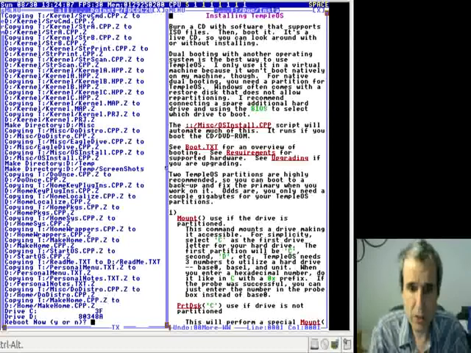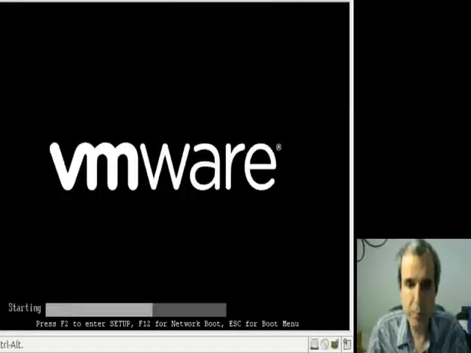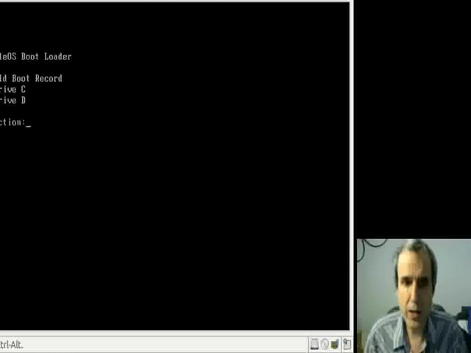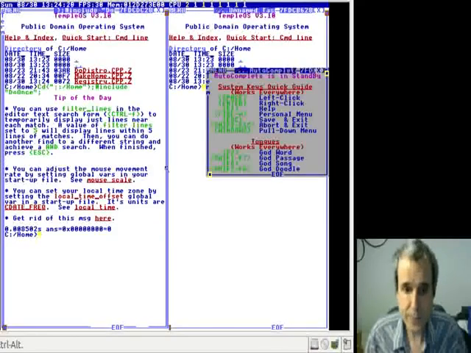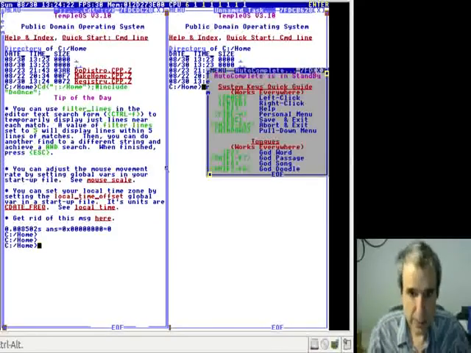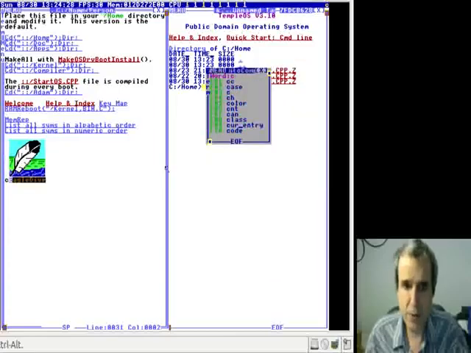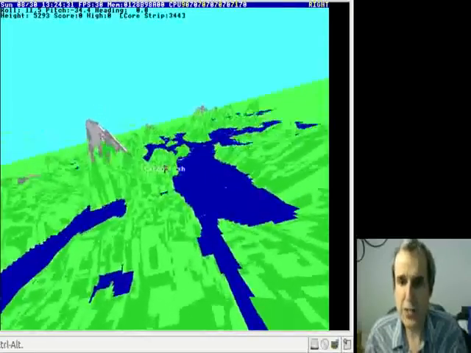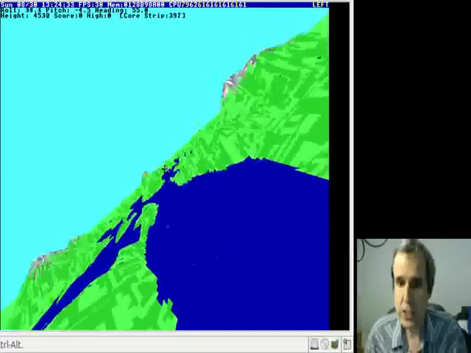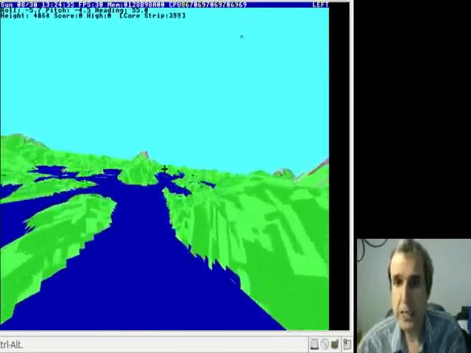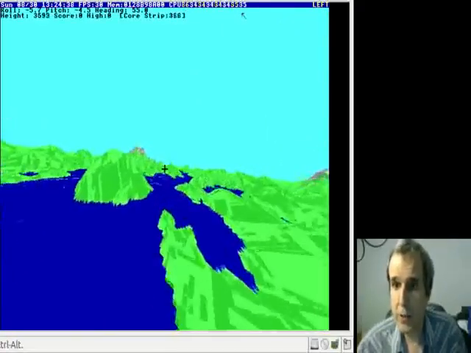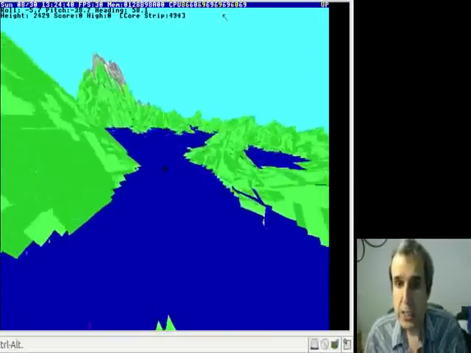Okay, so it just installed onto the C and the D. Now we're going to reboot. This is my bootloader. This replaces Grub. I made my own. So we want the C drive 1. Okay, so this is the tiny distro. So there's only one application as a demo. This is an 8-core flight simulator. Eagle dive, you're supposed to dive for fish. The 8 cores' CPU loads are in the corner here. Anyway,